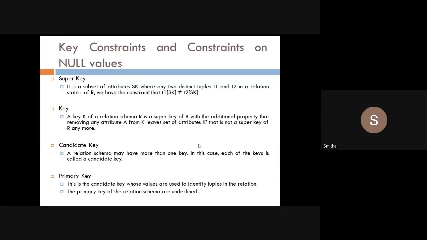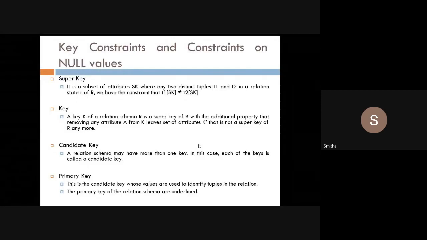Now take two tuples, Pratiksha's and Prashanti's information. Suppose Pratiksha's USN is 4DM18CS001 and Prashanti's USN is 4DM18CS002.